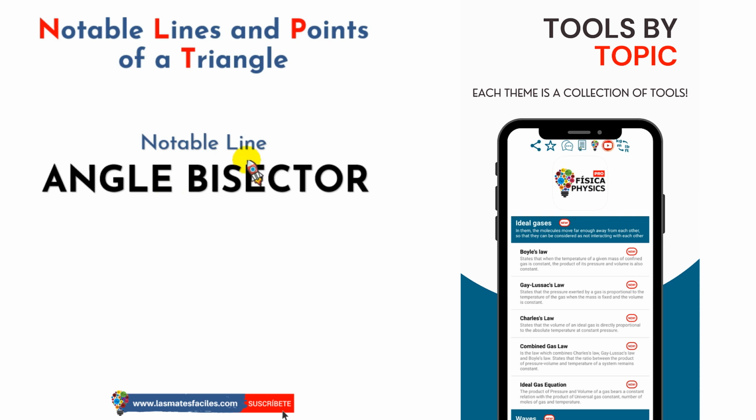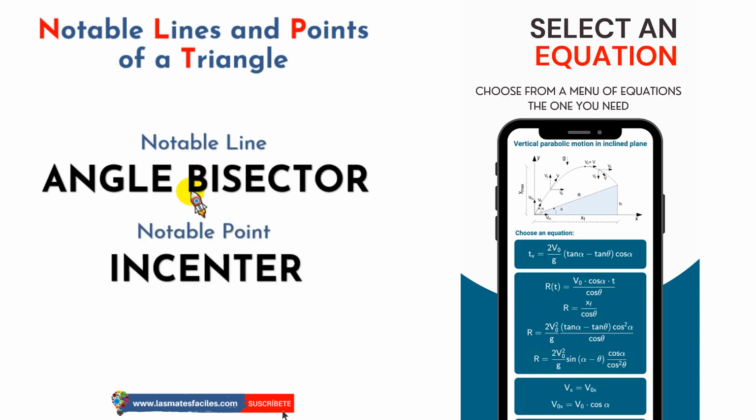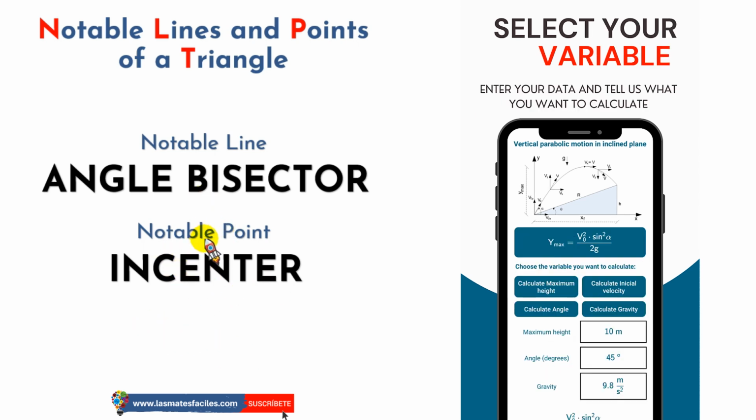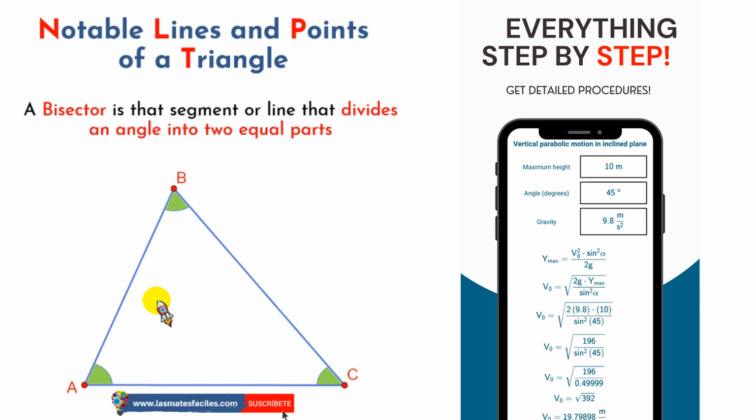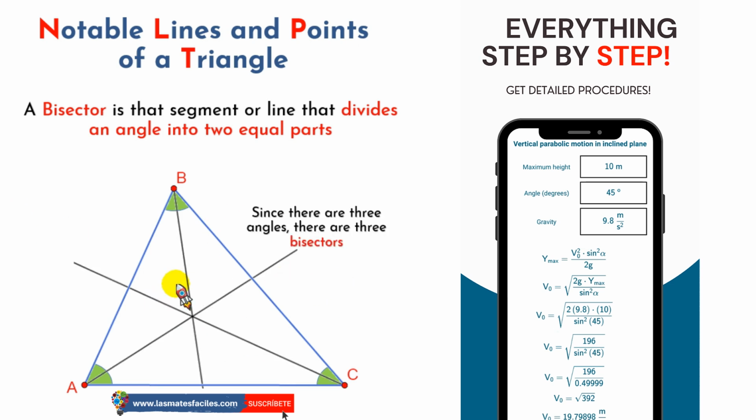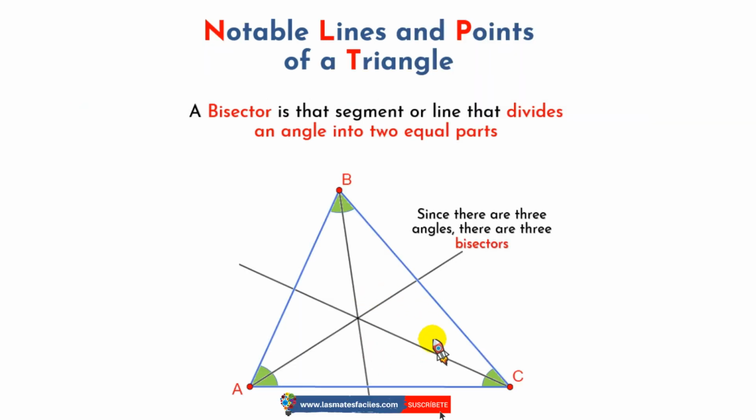Let's start with the angle bisector. The intersection of the angle bisectors will form what is called the incenter. Remember that each set of notable lines generates a notable point. What is the angle bisector? It is simply a segment that divides each angle into 2 equal parts. We draw the bisectors. Notice that each angle was divided into 2 equal parts and a point called the incenter